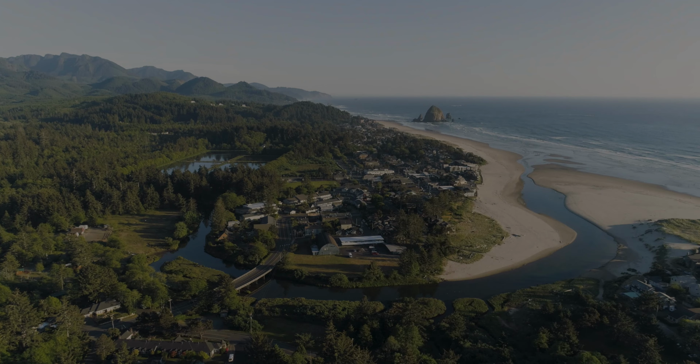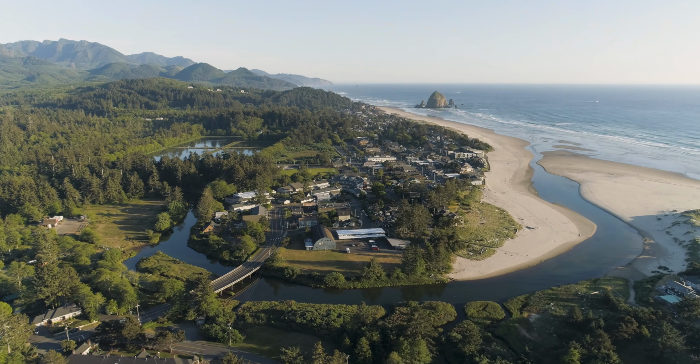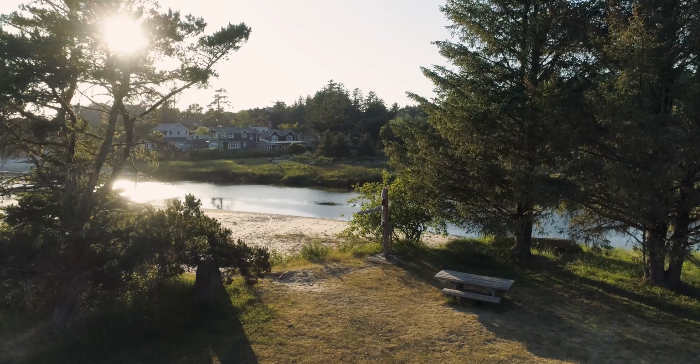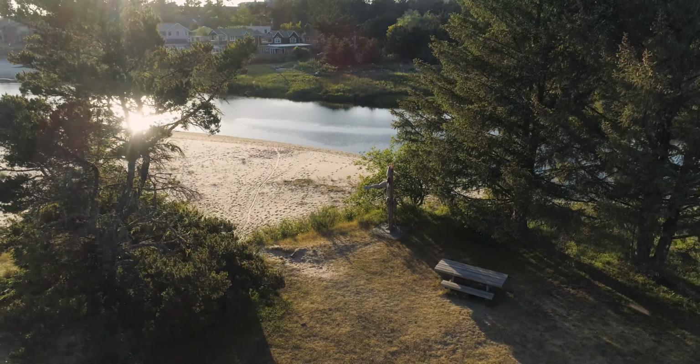Cannon Beach's reputation as one of the top art towns in America isn't only about the city's many world-class art galleries. This charming coastal town boasts a vibrant display of public art throughout the city. Immerse yourself in the enchanting atmosphere of Cannon Beach as we explore 9 captivating public art installations on a self-guided